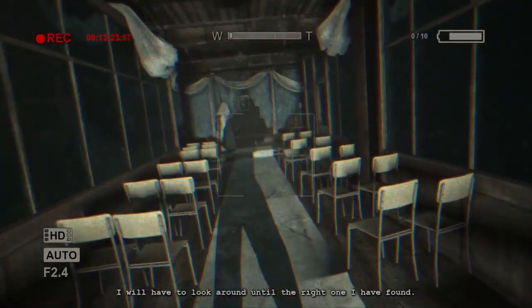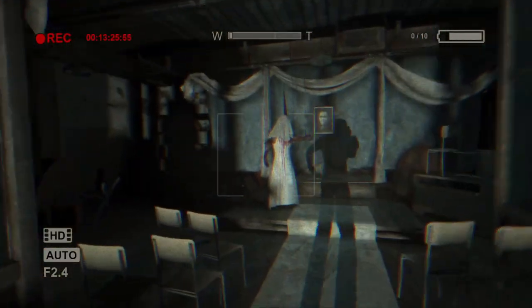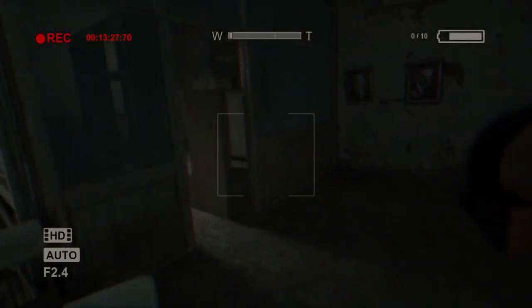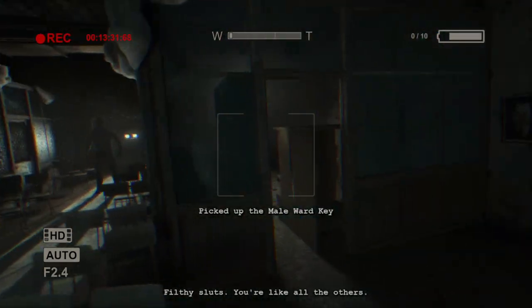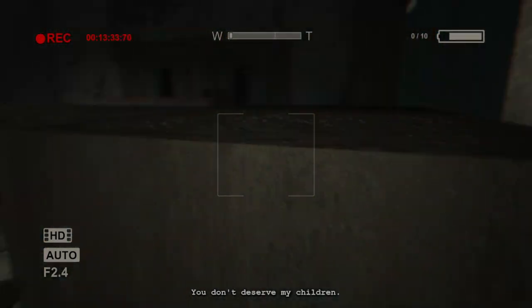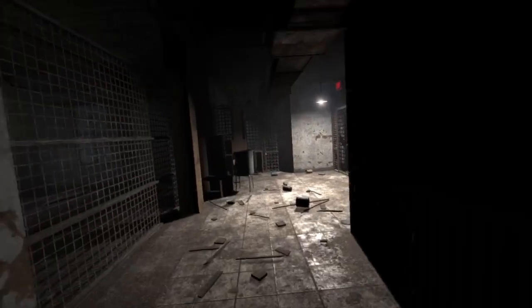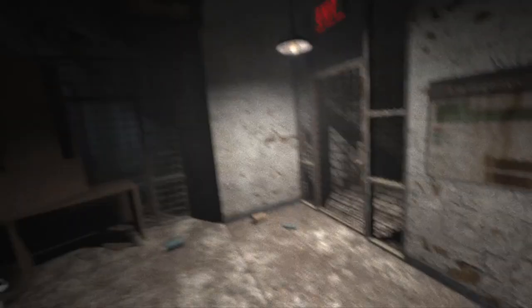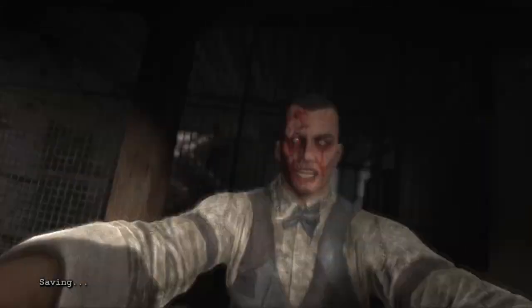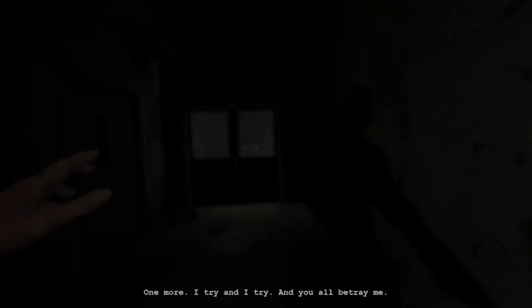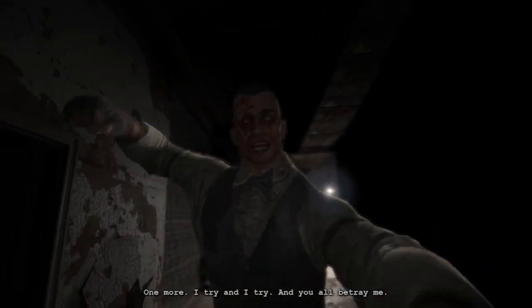We find a makeshift altar, clearly the work of Eddie, and we find his bride. And the bride has a key, and then Eddie finds us. So now we gotta run for our lives. Running to the exit as best as we can with her injured leg, we open it. Then Eddie grabs us and beats us down. He sends us to the gym where he plans to hang us.